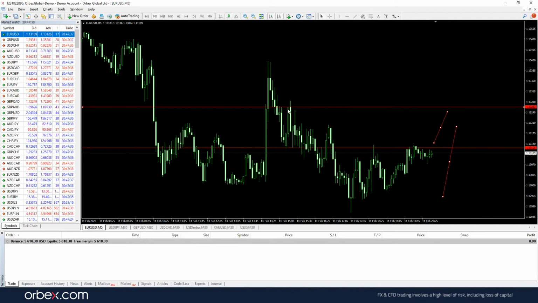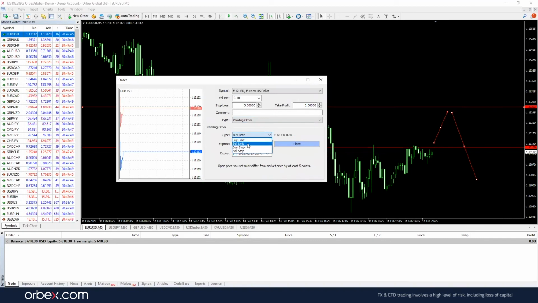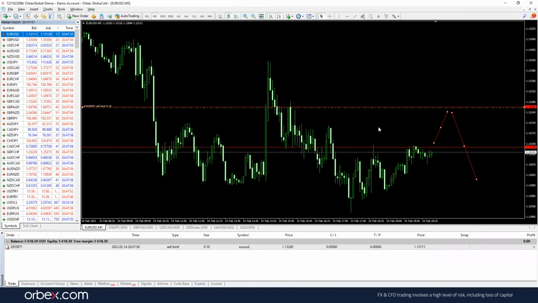Where we've seen a little bit of resistance, and now we're going to move lower. So I'm going to open my sell limit option at 113.26, and it's open. Just bear in mind that if the market is moving quite frantically and you're trying to put